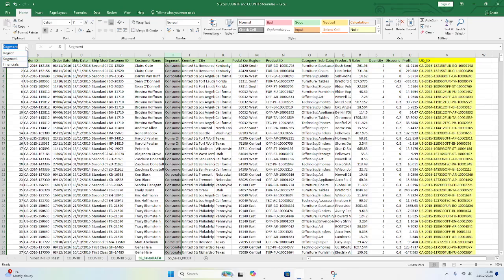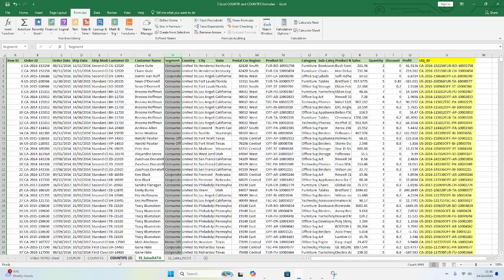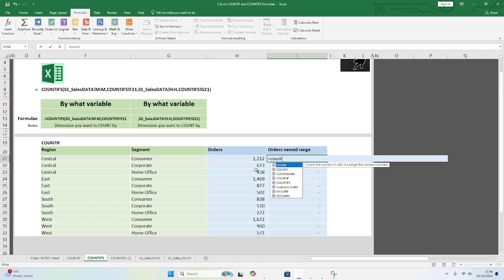The named ranges you create will be in the drop down menu here, and you can also view any named ranges within the Name Manager under the Formulas tab. You can see region and segment we've created is here. Now within the COUNTIFS formula, I'm just going to code this using named ranges. So I'm going to say equals COUNTIFS,